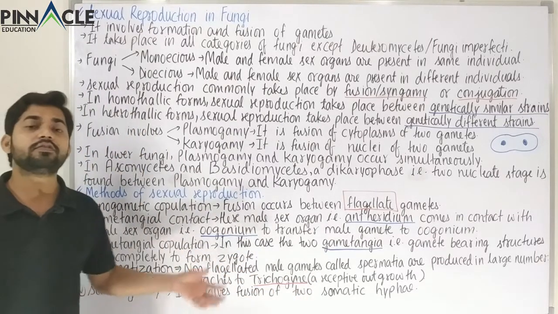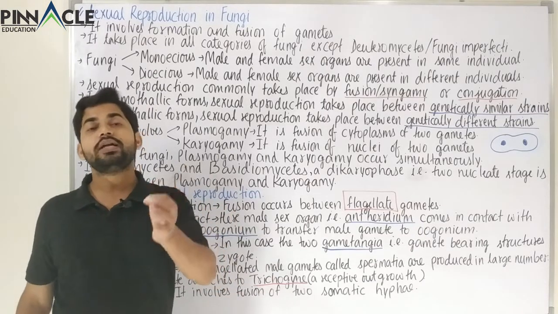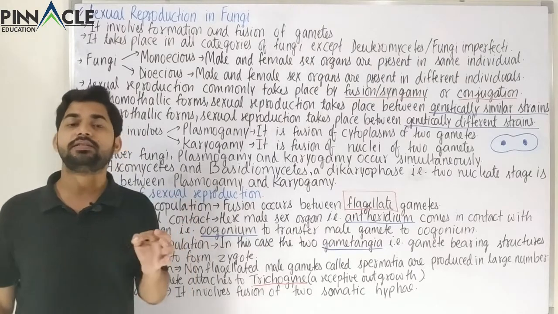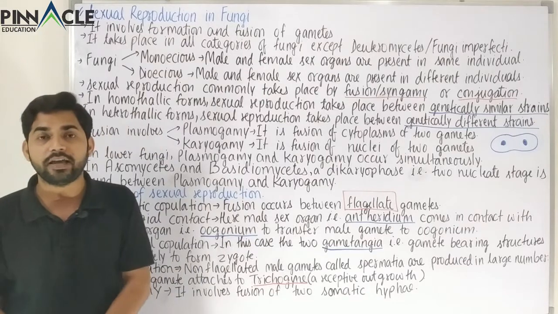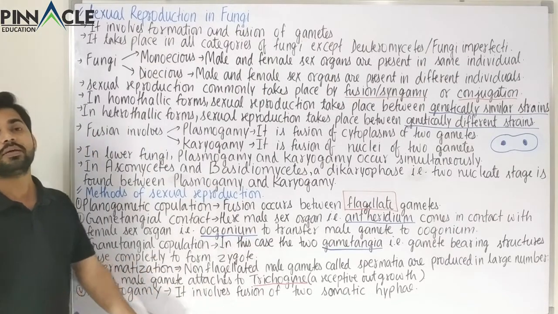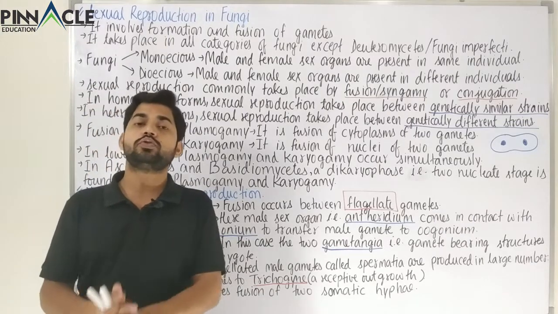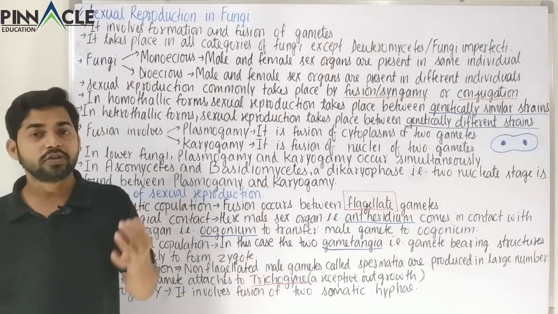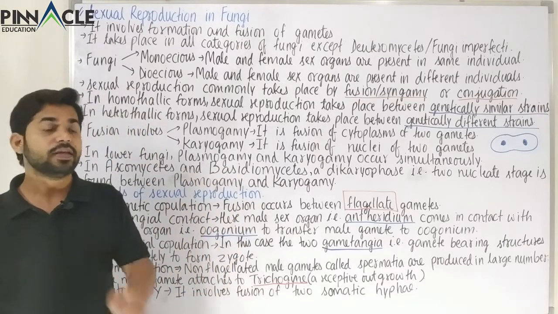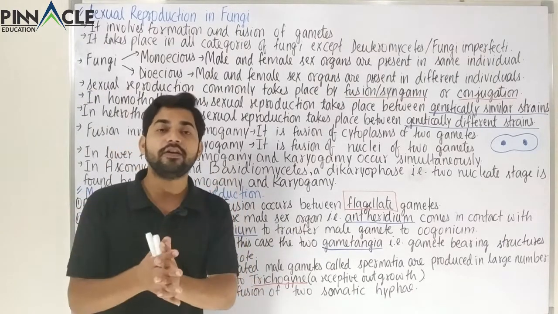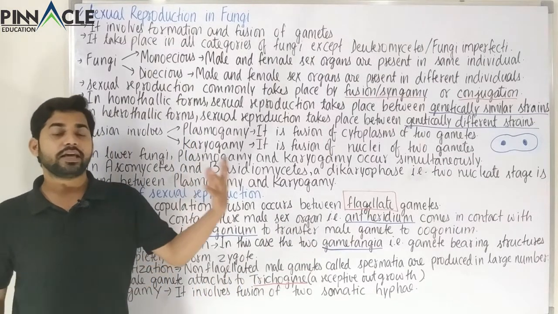And the fifth one is very simple, and that is somatogamy. We have already studied what is hypha and mycelium. It involves fusion of two somatic hyphae. The fifth one is the most simple and easy one. It simply involves fusion of two somatic hyphae, and we know the structure of hypha and mycelium. So in this case, the two somatic hyphae fuse together, and therefore the zygote will be